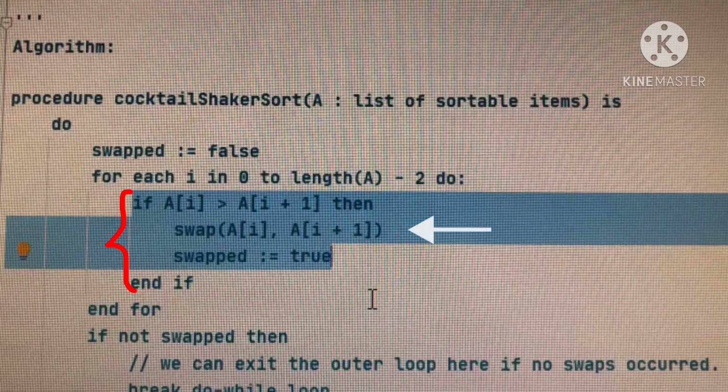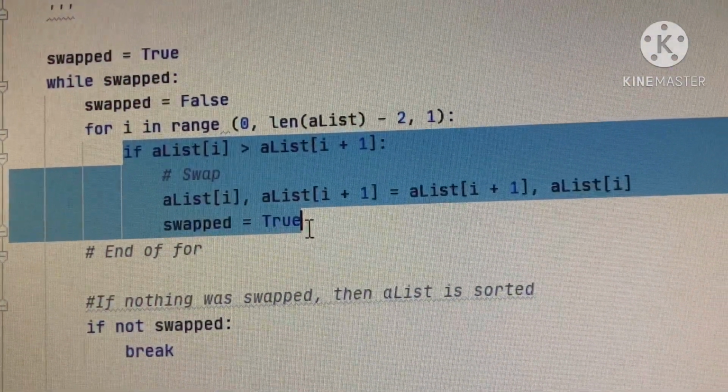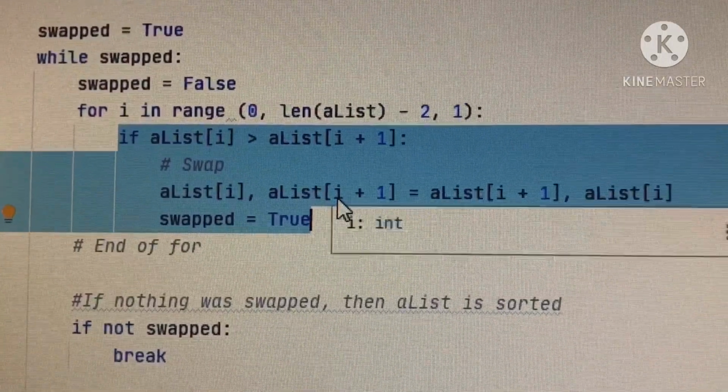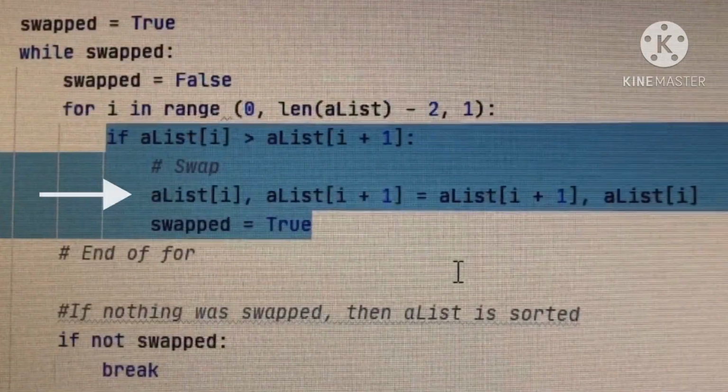If it is, the program will swap those two integers because the variable swapped is set to true again. So, in my Python code, I first wrote if aList[i] is greater than aList[i+1]. Then for the middle line, I wrote the Python code like this to swap two integers of the list. The letter i is the index, which is the current position in the range of the for loop that iterates